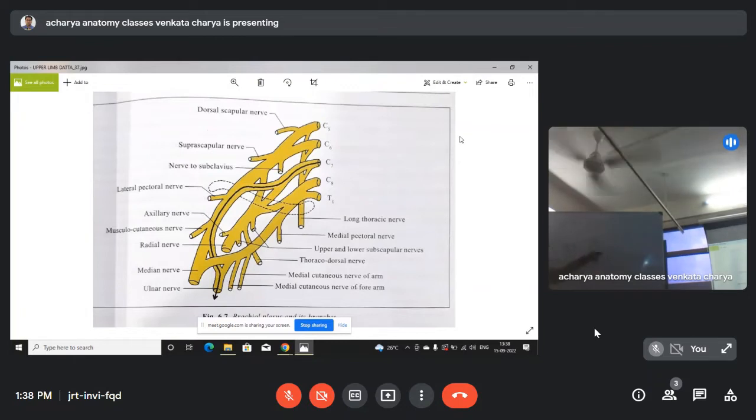So how many roots are present here? 1, 2, 3, 4, 5. So there is the presence of 5 roots. Are you getting? Next,